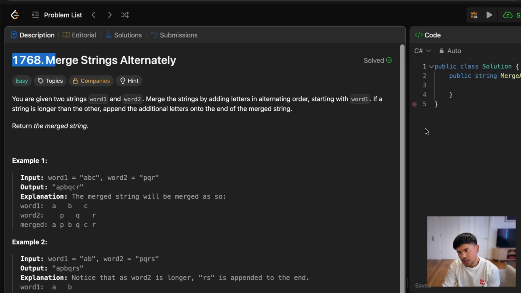Let's solve another LeetCode problem in C#. So today's problem is problem number 1768, merge strings alternately. You'll be given two words, you have to join them into a new word with alternating letters from each